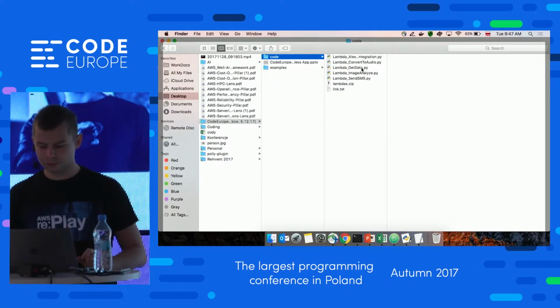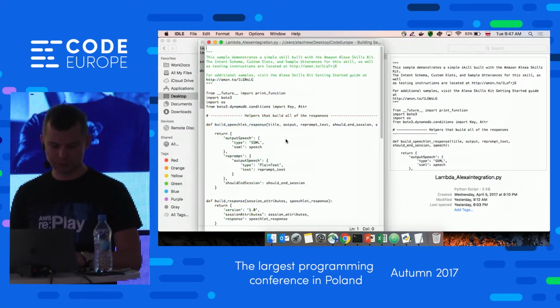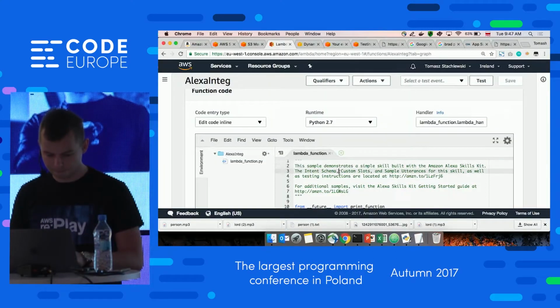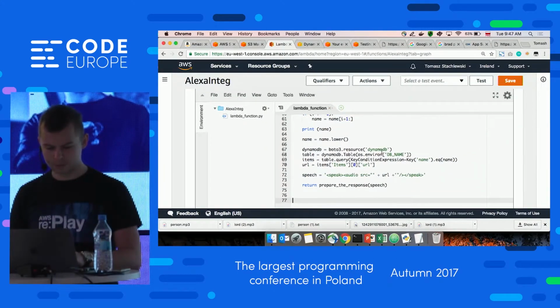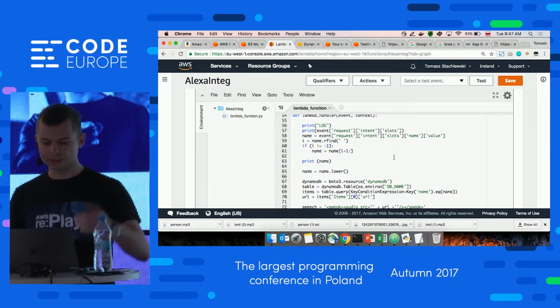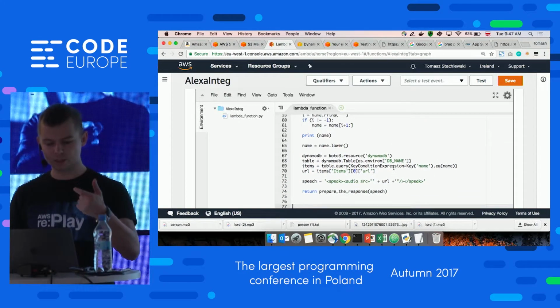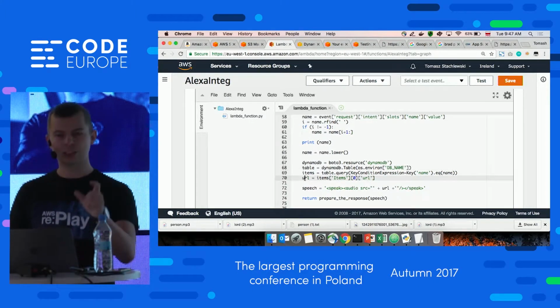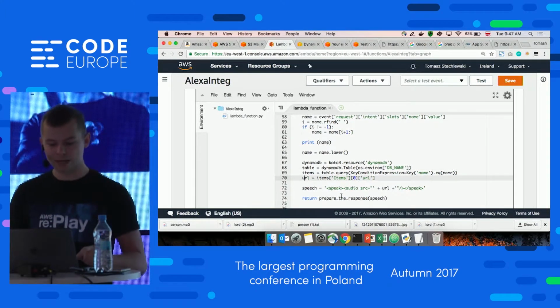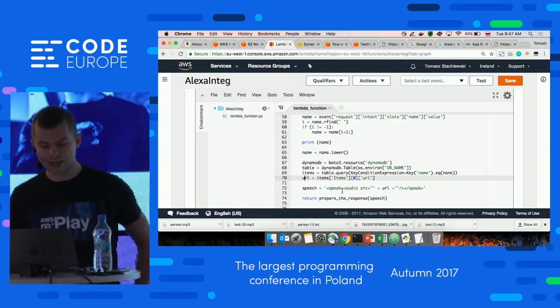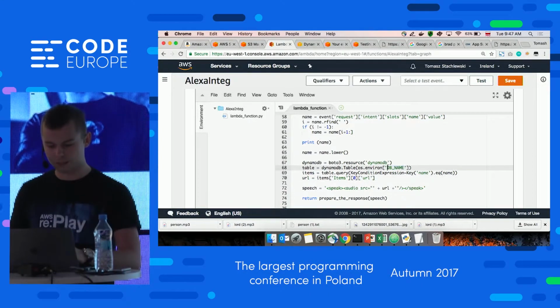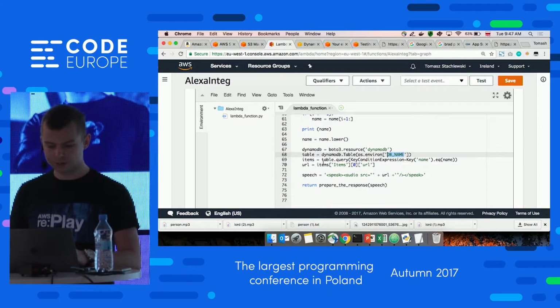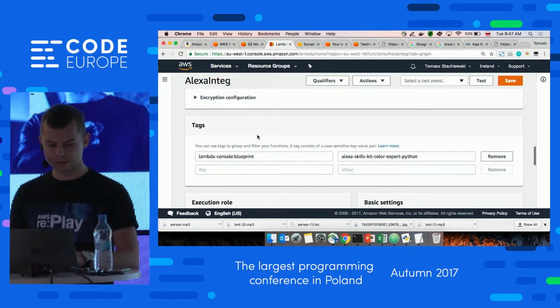I just need to provide the code because it's not correct. So in short, it's getting the name of the file. It's looking inside DynamoDB for the item with this name. It's getting the link to the audio file, and then it's returning speak, audio, and the link to the audio file. So I just need to provide the name of the database.